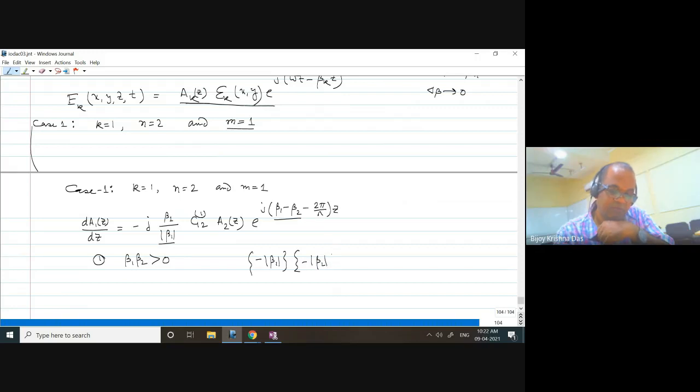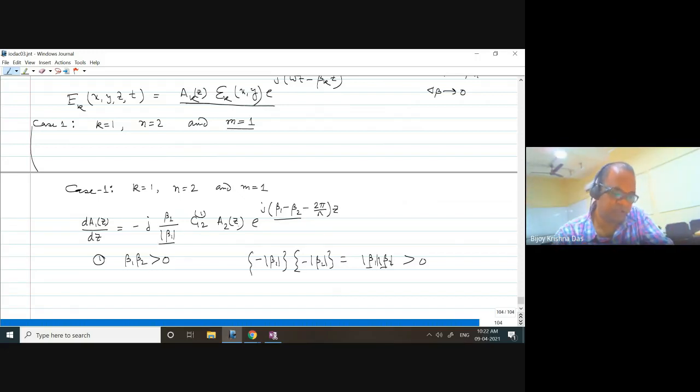So that basically gives you beta 1 and beta 2 plus. So this is plus, this is plus, this is obviously greater than 0. So whenever the modes we are considering under coupling are traveling in the same direction,